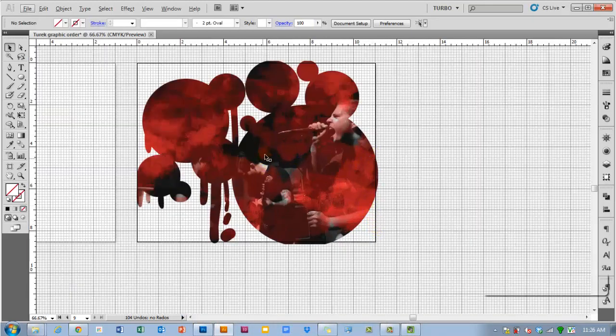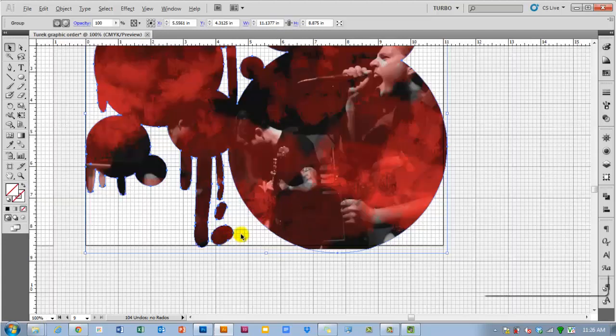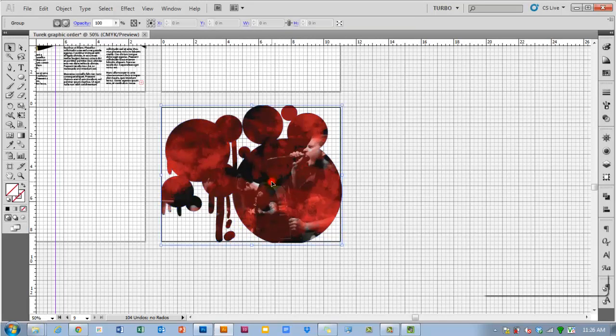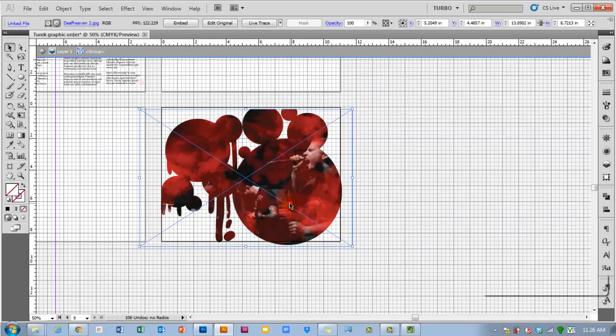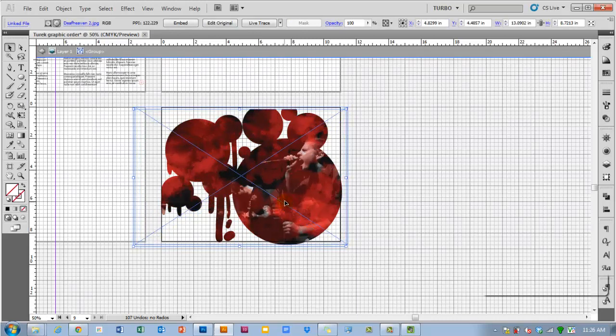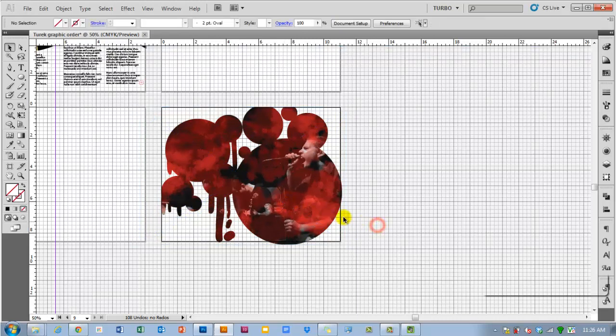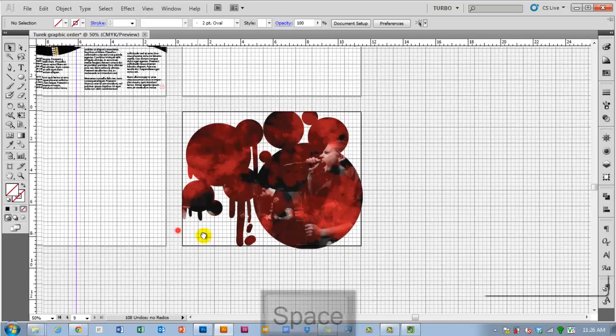We got selection of the singer here, and then all these kind of random cloudy circle shapes. And obviously, because this is compound path, these shapes down here show parts of the picture as well. To edit your compound path, just double click on it, and then you can move your picture around if it's not quite where you need it. Okay, I'm just going to move this kind of up. All right, and then we can add our text in there, and I'm going to show you some advanced text